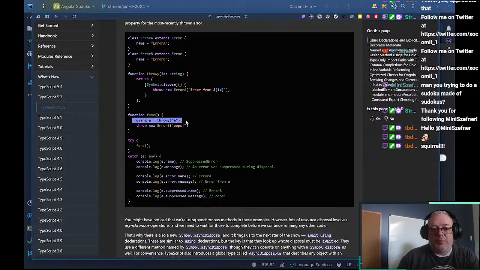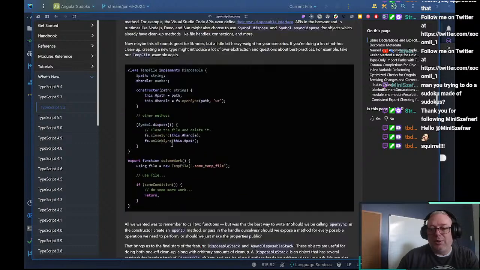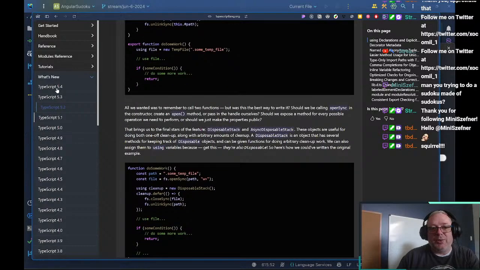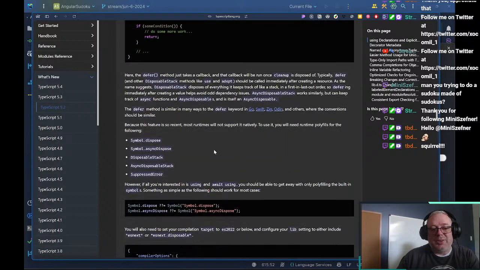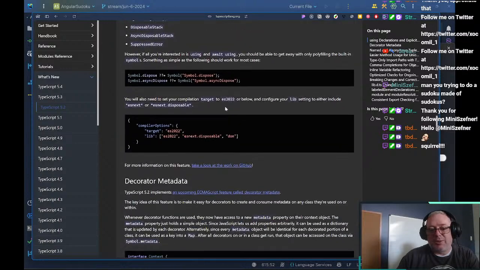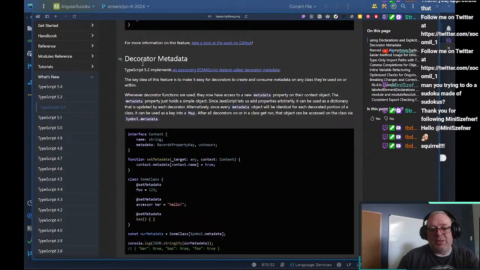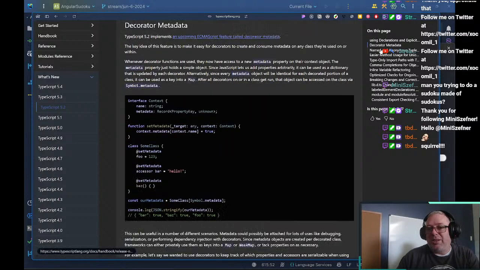Right here. They use a using here, and this throws, but because it throws, it still cleans up, which is really cool. So this is why I like to go into the TypeScript documentation and just take a look at things. So we got metadata and decorators,